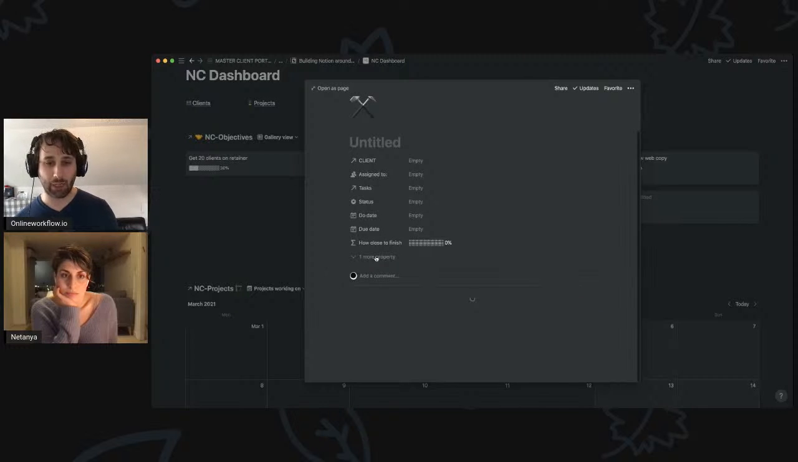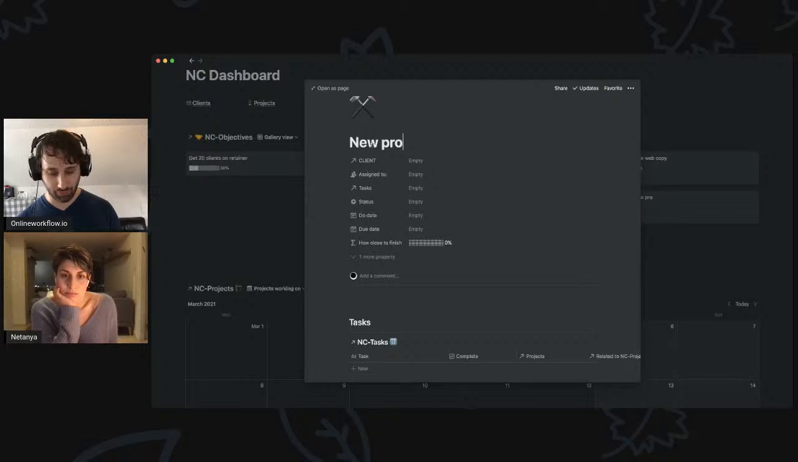So first of all, it's always going to have a status bar. And so you can always check the progress of that. And let's call this project, new project